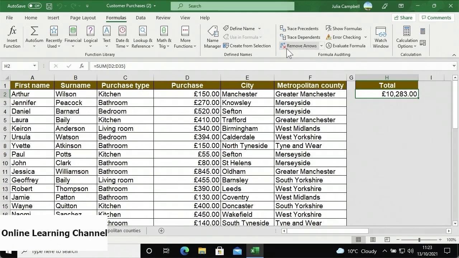Precedents are cells that provide data to a formula. When you trace precedents, arrows will appear indicating which cells affect the value of the currently selected cell. This is basically the reverse of tracing dependents. To demonstrate this, I'll select the total cell, then go to the Formula Auditing toolset and click the Trace Precedents